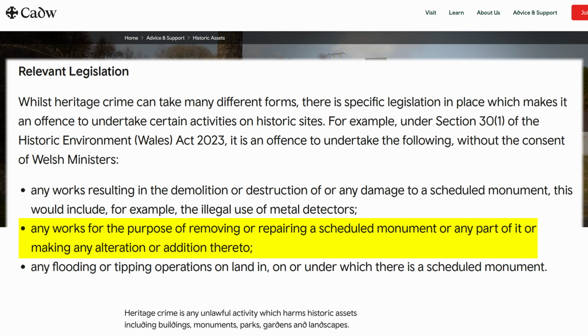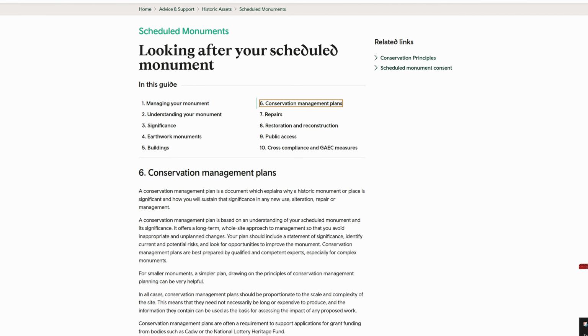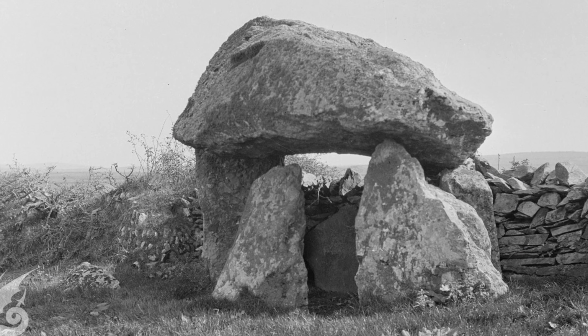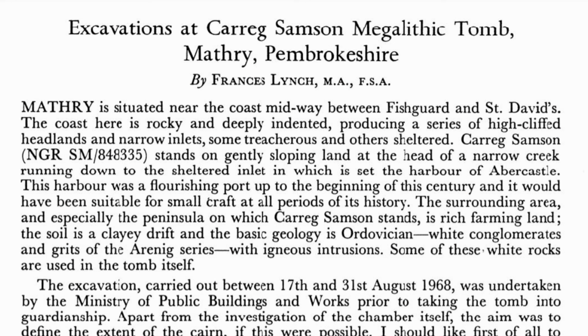And if they wanted to move a boundary wall that was created hundreds of years ago and ran through or was in contact with the monument, I believe they would have to report any planned changes with Cadw or one of the governing bodies. As that article from 1890 demonstrates, even back then there was some public support for protecting these monuments, but it didn't go so far as stopping people from taking stones or moving boundary walls. So the only reference we have to the clearing away of stones is that article, and the only real mention of the wall being moved is from the excavation report in 1968, in which they state, "The tomb is standing